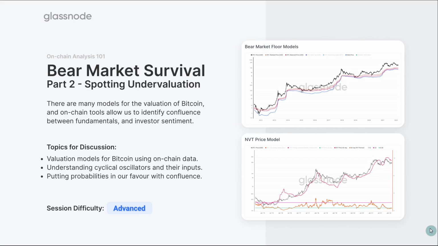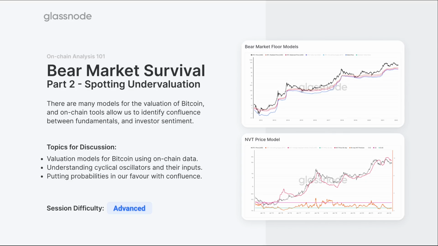So look, there is no single answer to this question. What is a Bitcoin bottom? It's the same answer as what is a Bitcoin top. And the answer is it really does depend on market dynamics. So what we're going to use these on-chain tools for, and again, these are all advanced tier 2 level metrics, is to try and identify the signals that Bitcoin's starting to form an investor-led